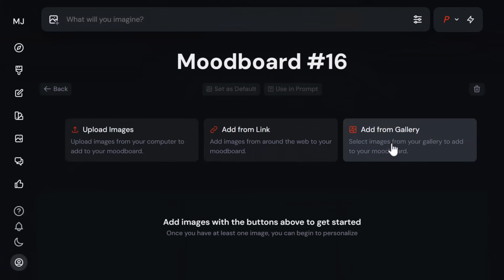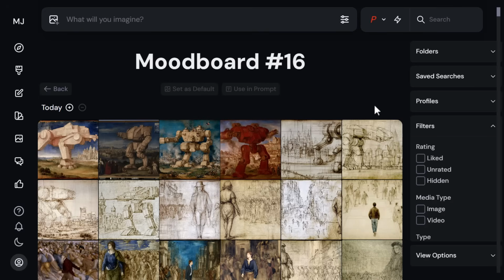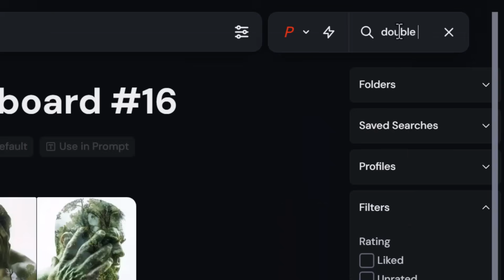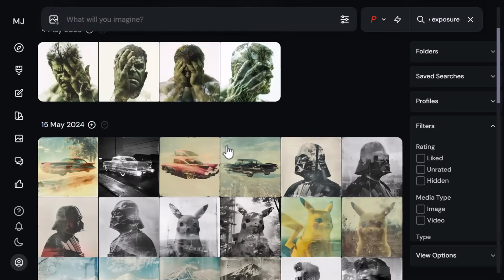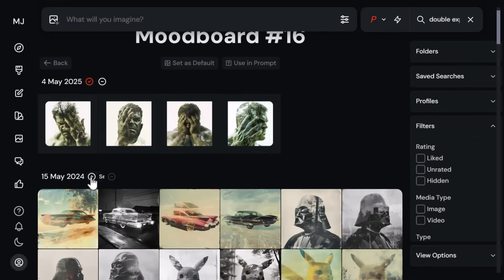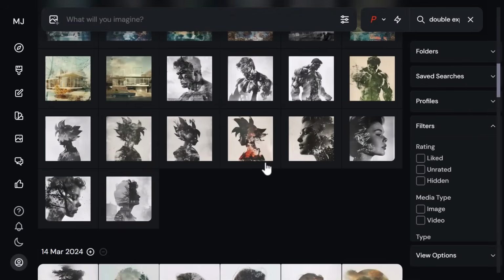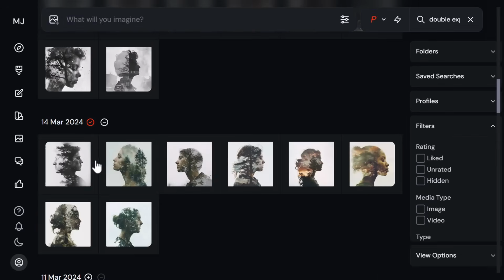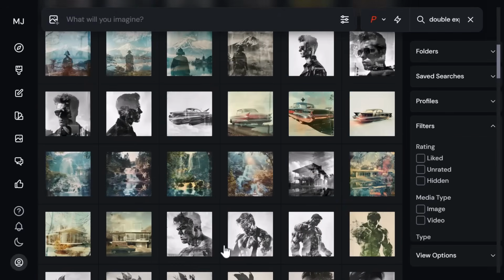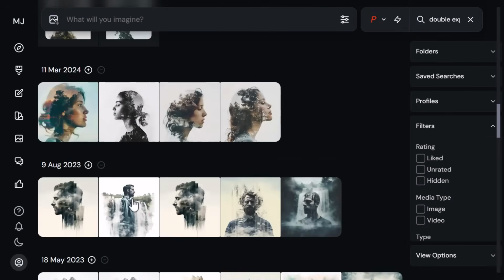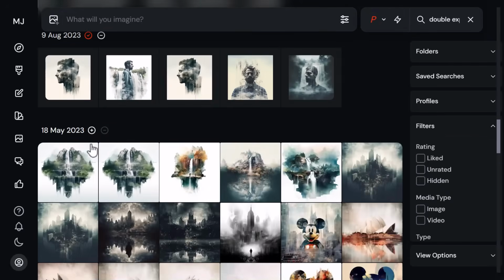What I'm going to do instead is go add to gallery. And what I can do is use images I've already generated from Midjourney. So I come up the top here to search and type in double exposure. I get a whole bunch of double exposure images. And I can simply go through and click on the days to find some images I want to use for my mood board. So notice how most of these have a white background with a double exposure effect. Not all of them, but I could essentially go through and find what I think is going to work best